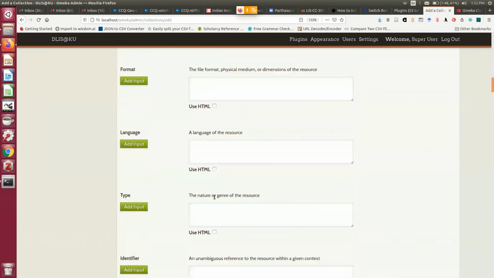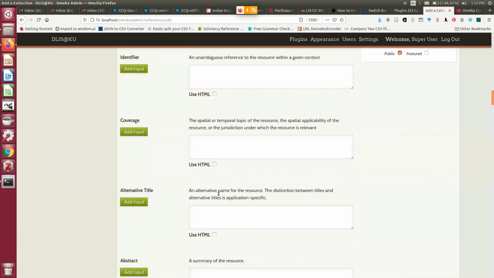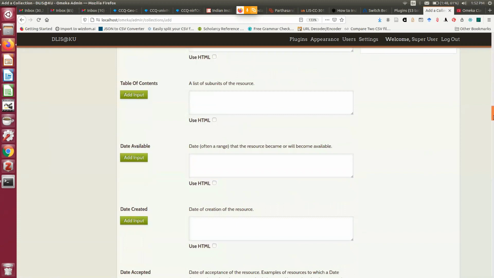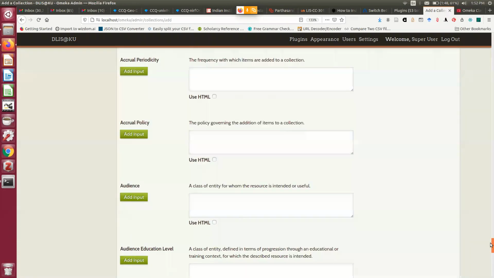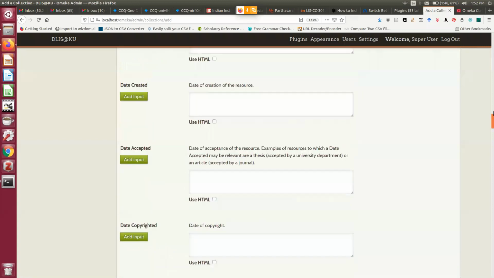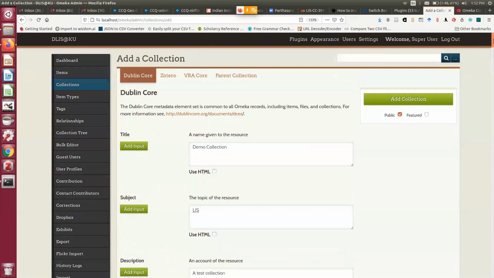So in this way I can fill up all DC elements, it does not matter. And if I think that this is okay, so all 25 DC elements are there, you can see, and you can add the collection now.